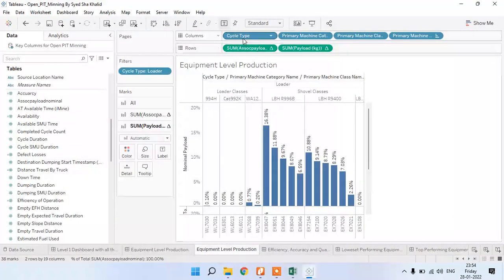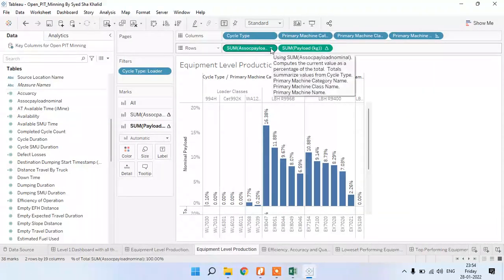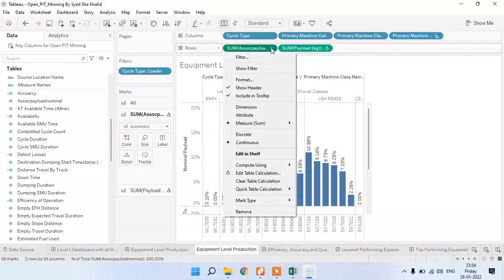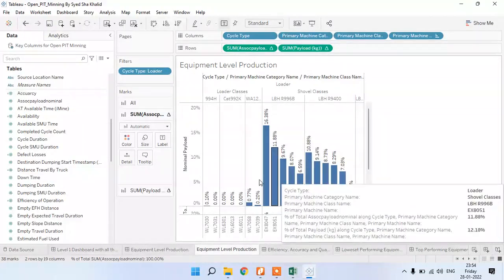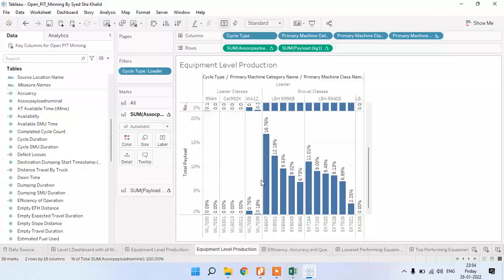See here, cycle types. I have taken the columns this time, and then the associated payload, right? And the sum of payload in kg I have plotted. That is this column.